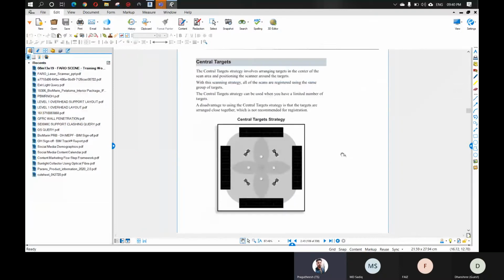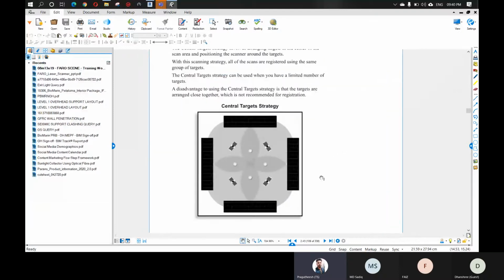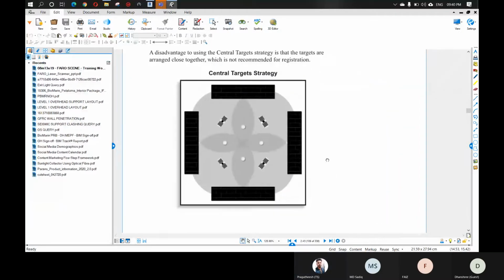Okay, so what you're seeing here is that these are our targets. In order to capture all these targets, you place this machine in a particular place. You can see that this is the overlapping area. These are placed with the help of coordinates, so with the help of coordinates, these control points will be placed in these locations.